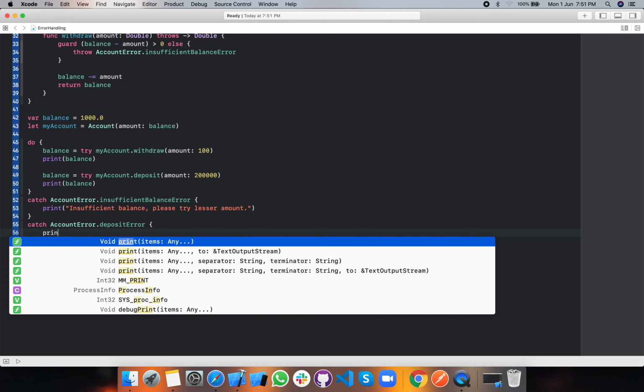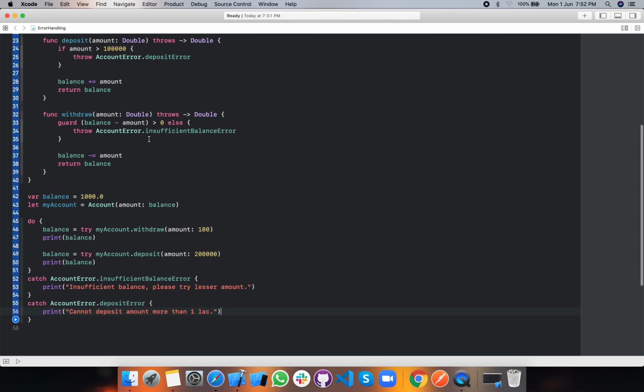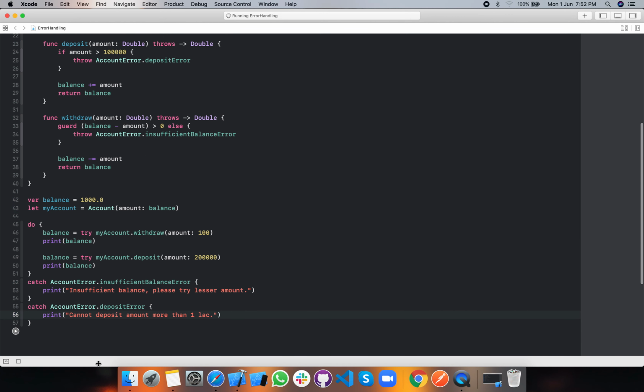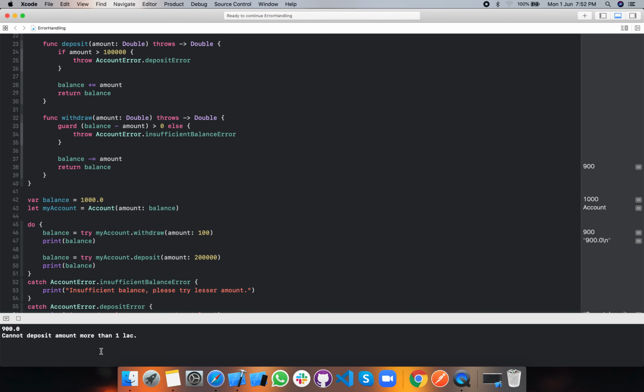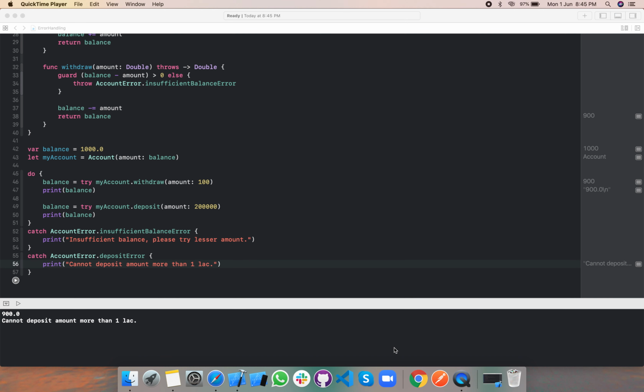We can say print, cannot deposit amount more than 1 lakh. Let's run this. Yeah, as you can see here, we have thrown the error successfully. So in this example, we have learned how we can implement custom errors in our application.